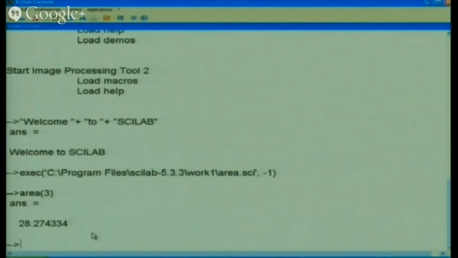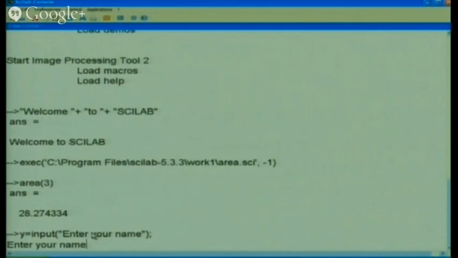So what we have to do: y is equal to input. Right. When you enter it, it will be executed. So what is displayed on the window? Enter your name. So you enter your name, let us say